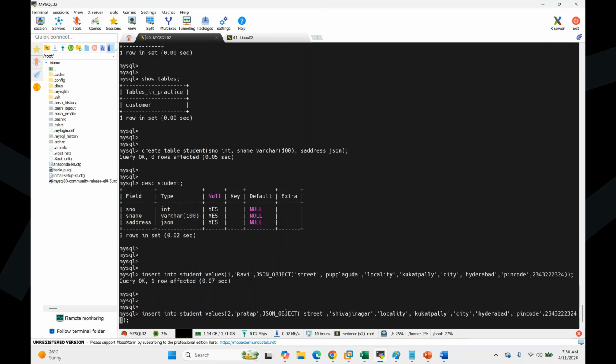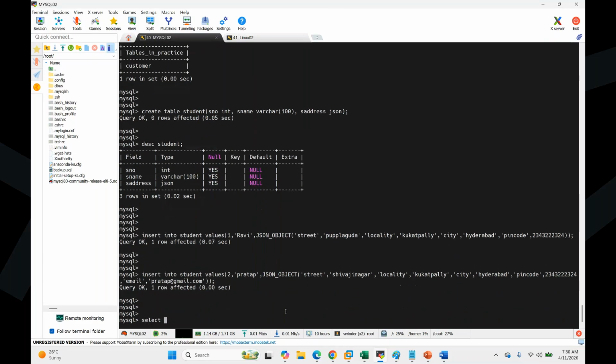What I'm going to add is an extra email. I wanted to add an email for this guy. The email is Pratap. I'll show the data. Don't worry, this is a practical justification.